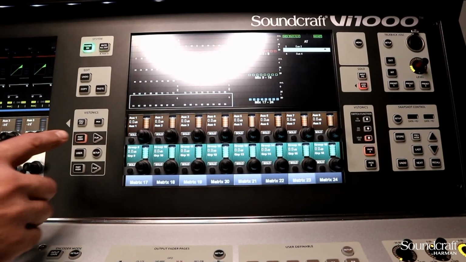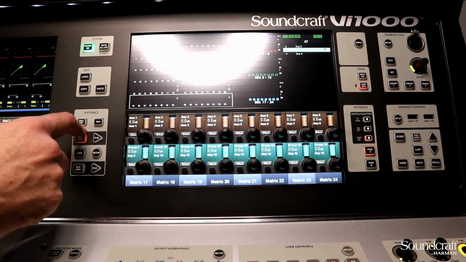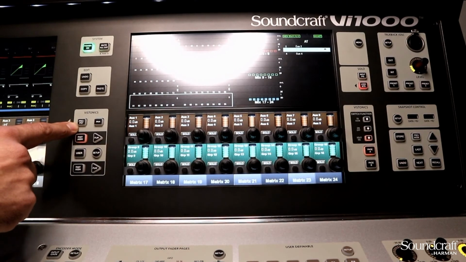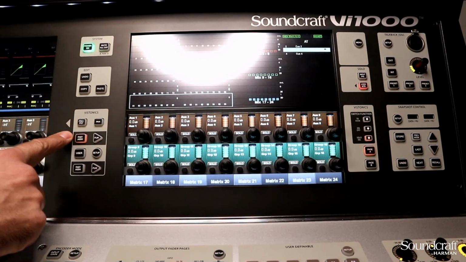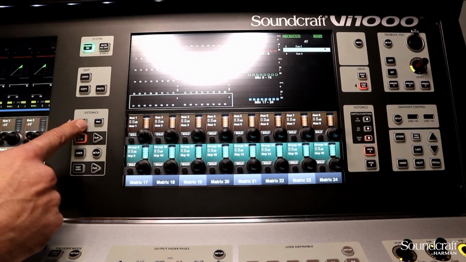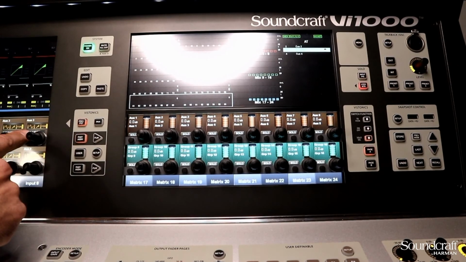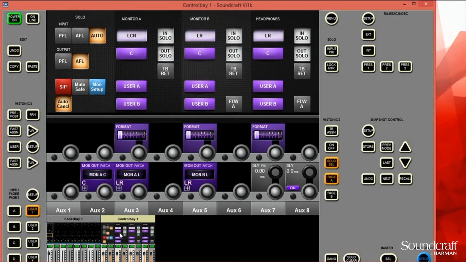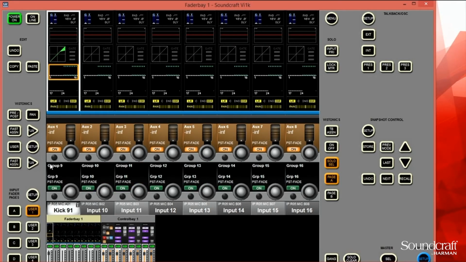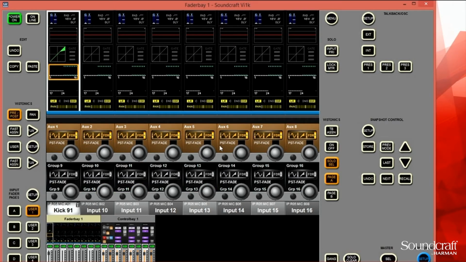Then we've got a pre and post button. This refers to our auxes. So whether our auxes are pre and post. You'll notice, so I mean there's aux 3. Once I push it, you'll see the selector has come up for that specific aux where it's pre or post. Like that. Something that's good to note, and I'm going to reiterate this in the next session, is the fact